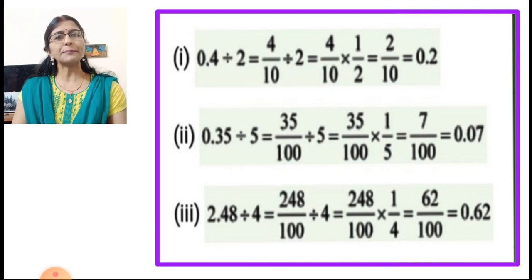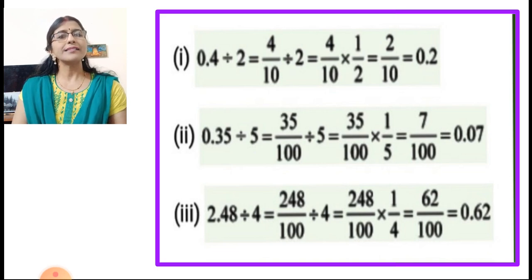Now you know how to multiply fractions. 4 into 1. Now if you want, you can reduce it. Here it is reduced. 4 and 2, if you want, you can reduce. 2 2s are 4, or afterwards also you can reduce. 4 1s are 4, and then 10 2s are 20, and then you can reduce. Here it is reduced now only, and 2 upon 10, and then you have to convert into decimal fraction. You can see here 10 is in the denominator. Just now we have learned when we divide, we have to shift the decimal point to the left, and here we have to shift by one place. So you will get 0.2.